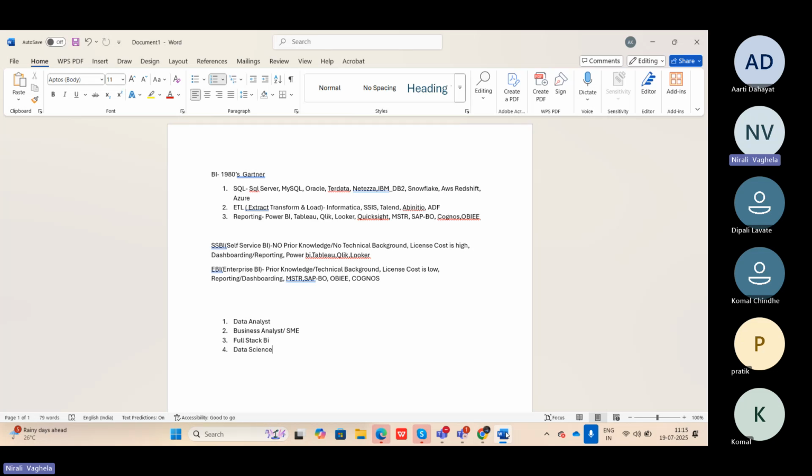If I have 5 years of data, 60 into 5 will give you 300 records. So in my data, I'll be storing 300 records. If a bank has 10 lakh customers, 10 lakh into 300, how many records is that going to generate, right? So that is the reason that huge data will get stored in your database only.